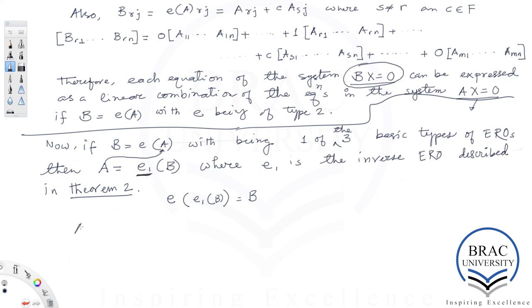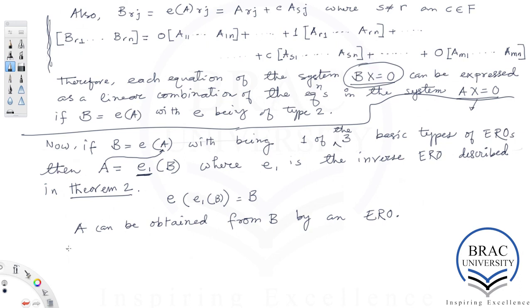Okay, A can be obtained from B by an ERO. So therefore, using the arguments presented above, this is what we have done before, and using these arguments again, one can show that